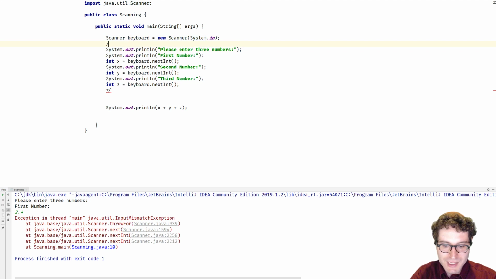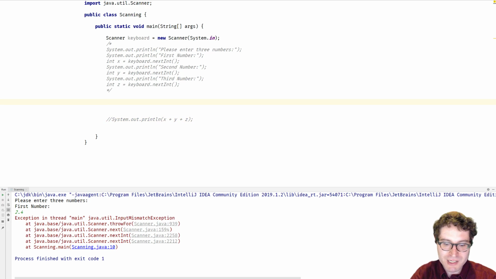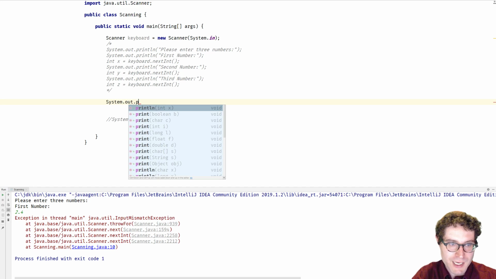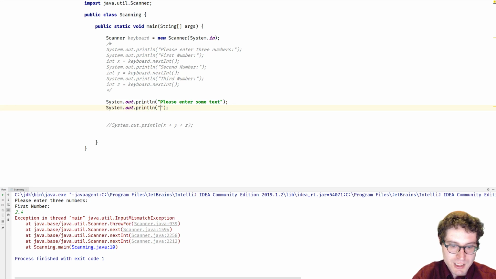Let's go ahead and see how it is. Ooh, this is a multi-line comment. This is just simply saying, hey, everything between the slash star and the star slash, that's commented out. Much quicker than trying to comment out each line individually. So let's go ahead and say, hey, system.out.println, please enter some text. And we'll just simply output, you entered